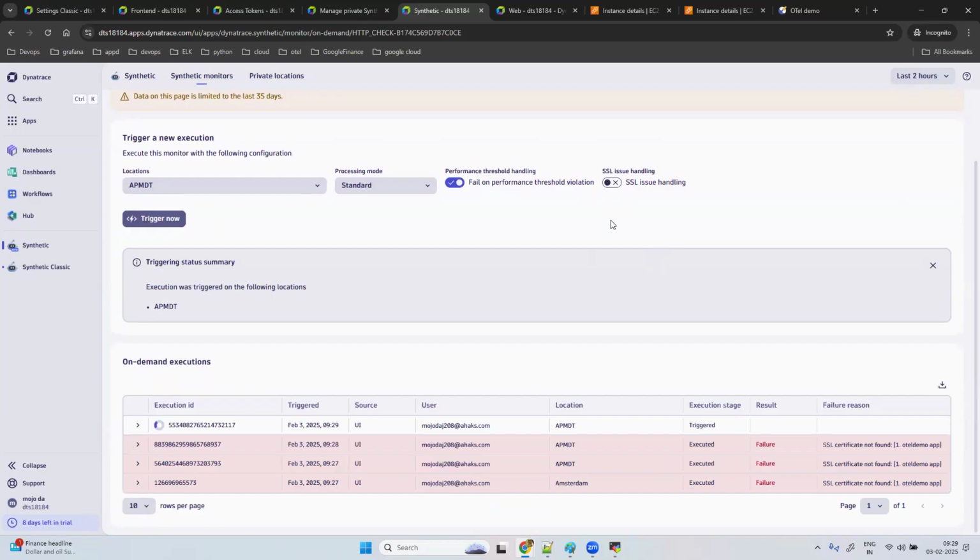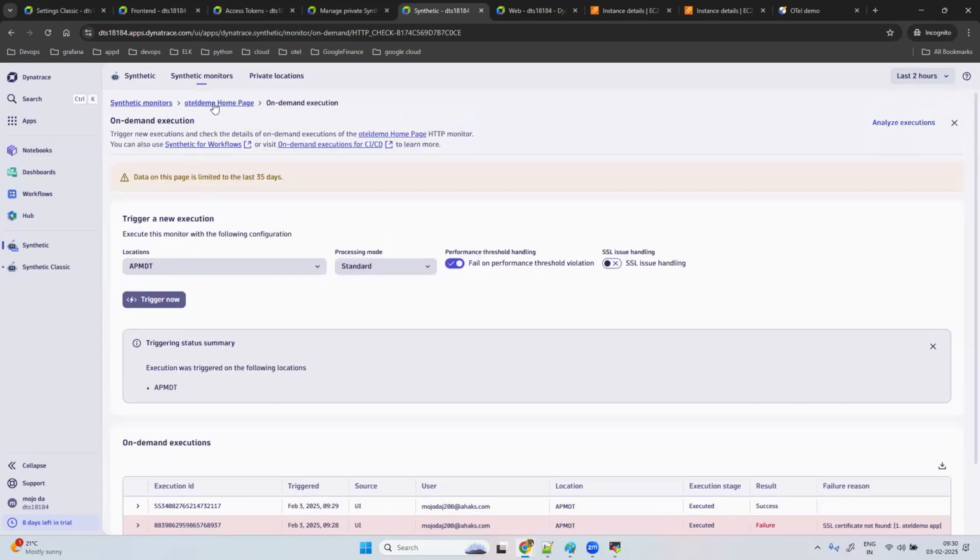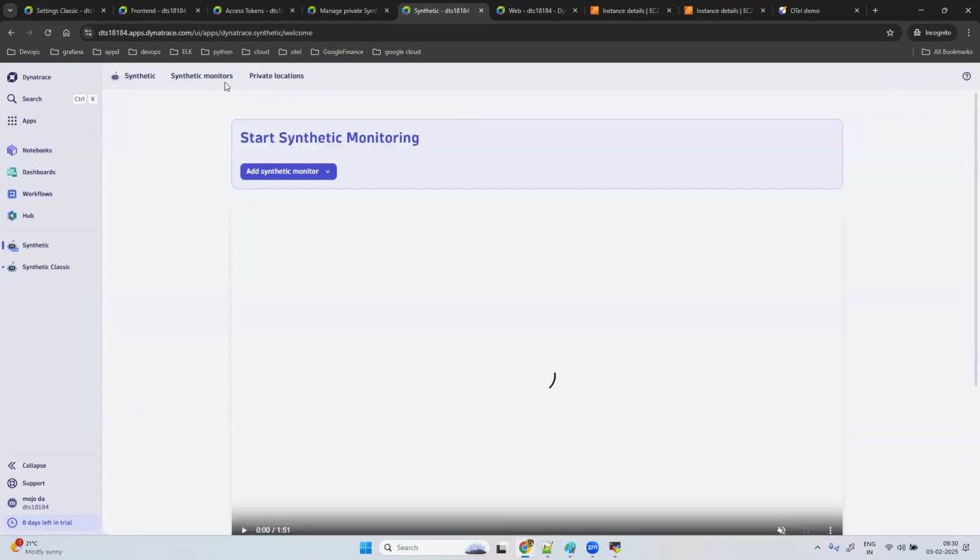I have disabled it. So it is a success. Now, if you go to your synthetic,